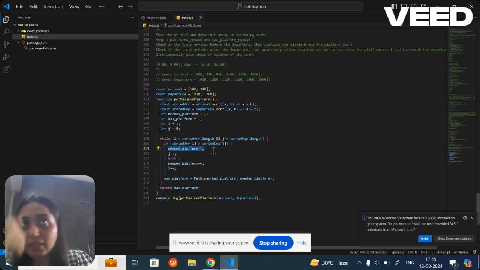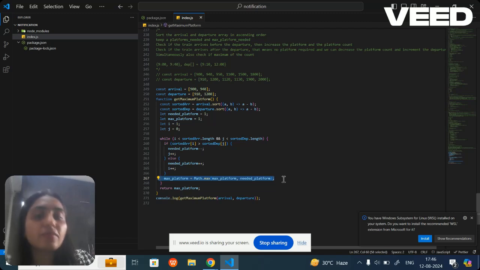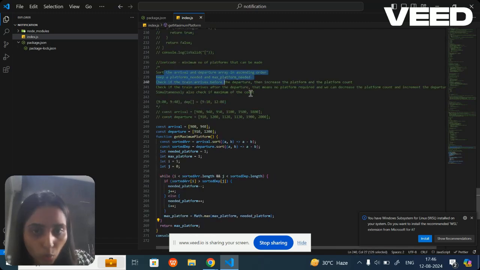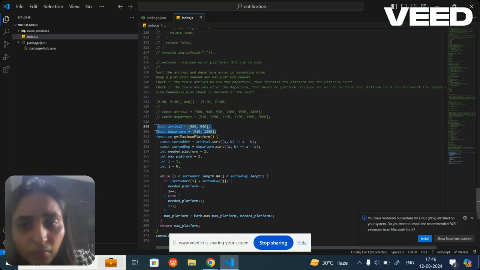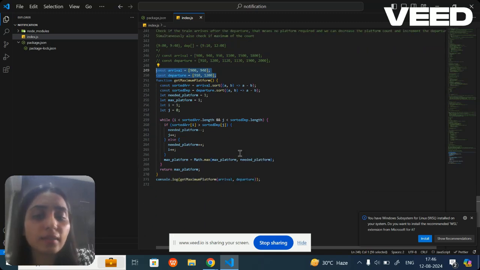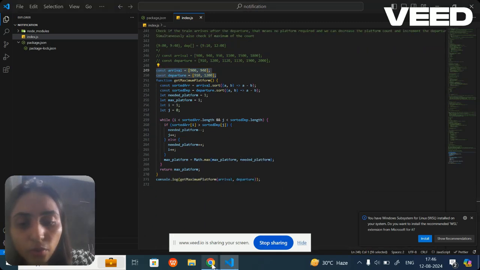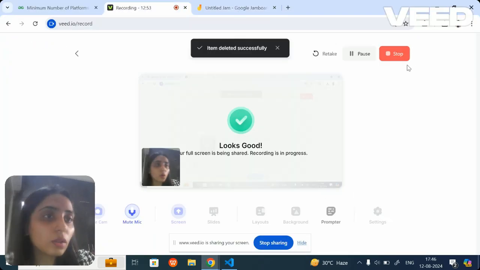But if that upcoming train arrives within the departure, if it comes earlier than your departure, that means you will need a platform to accommodate that. So that's how we have calculated the maximum platform, and we have returned it. This is the pseudocode. I have tried it with some other combinations as well, and that's how we get the answer. So yeah, that was all about